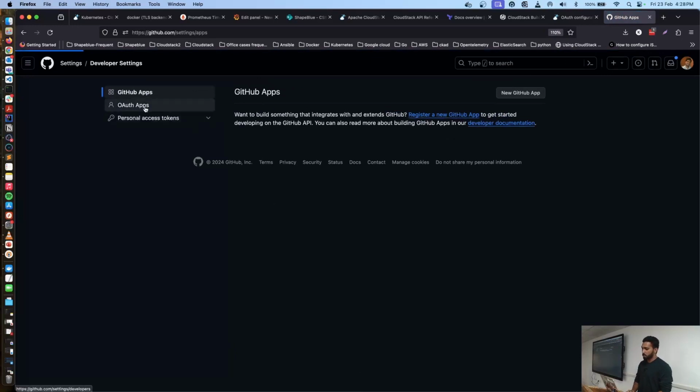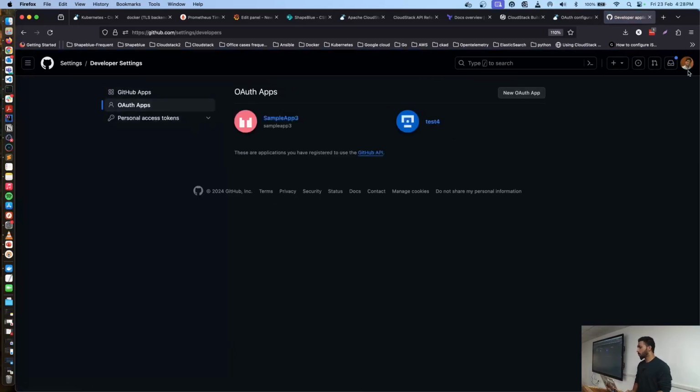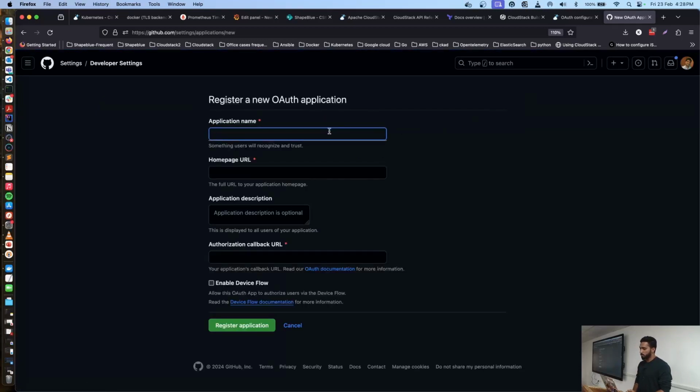Okay, so this is what I am talking about. If Kiran is the operator, he'll have to... thankfully Kiran has a few already configured. If I have to add a new OAuth app for my cloud, I'll have to provide a basic example name, and the home page URL will be my CloudStack's management server URL, and some sort of description and the callback URL. So, this is the callback URL I was talking about. Again, this has to be